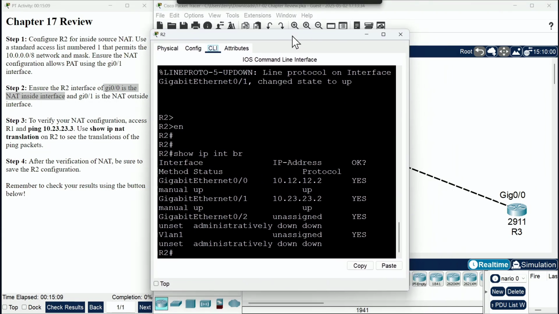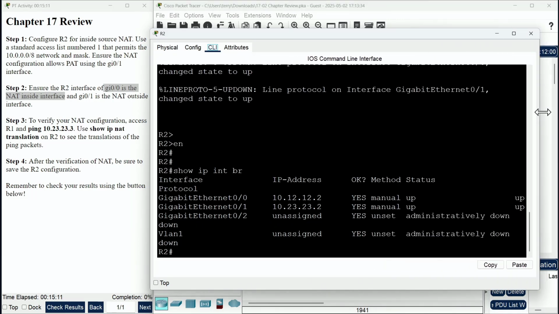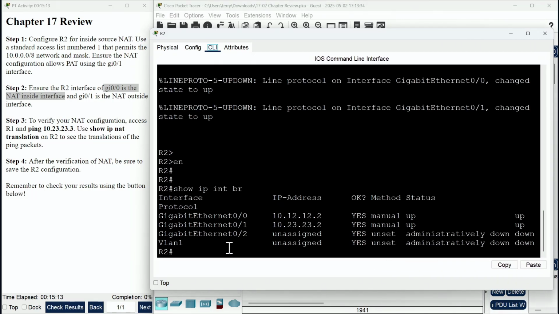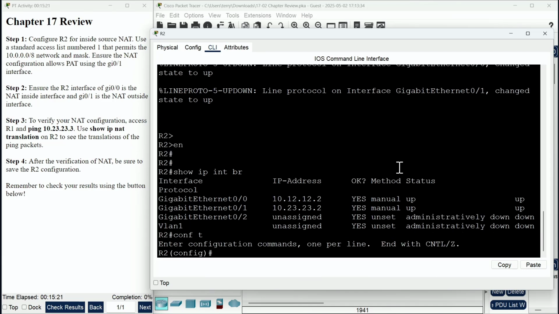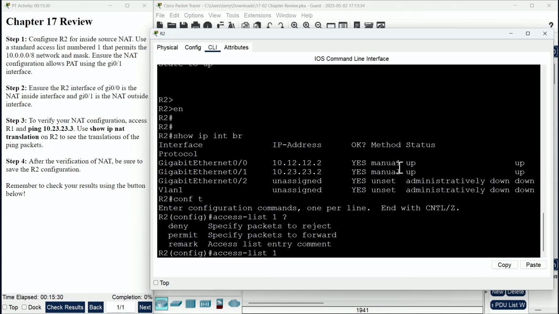Okay, well, I'm just going on and on about this, but it's time for us to go in and practice with this configuration. So notice one of the things they made very clear was that we needed to use a standard access list using a number of 1, and it needed to permit